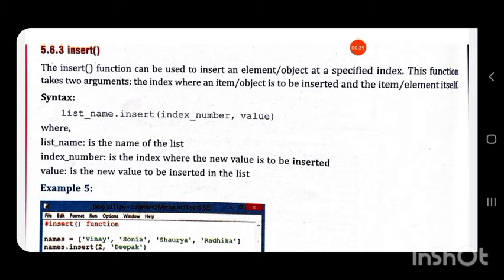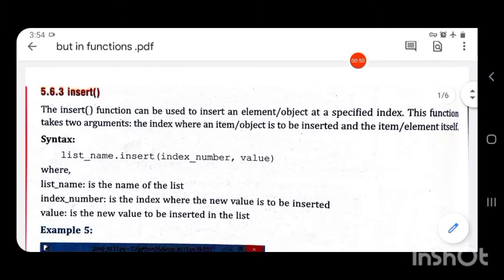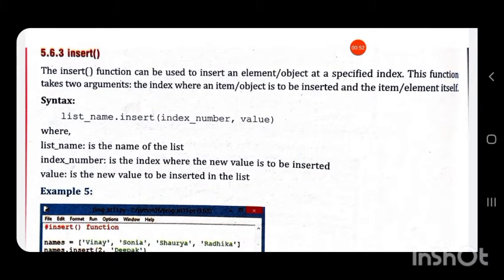Since built-in functions are inside Python itself, there is no need of importing these functions. So we have discussed some of the built-in functions, and let us discuss the rest of the built-in functions.